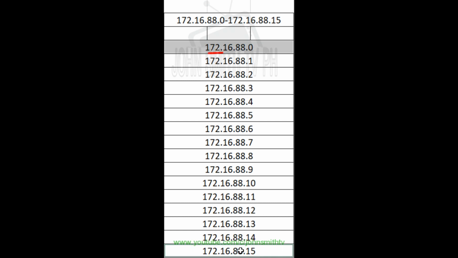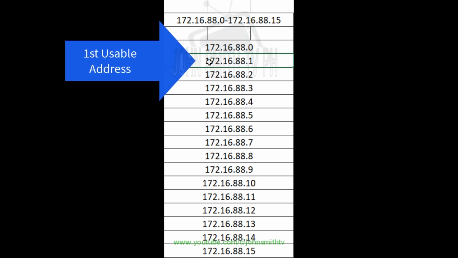Uulitin ko, yung network ID at broadcast address is not usable. Hindi pwedeng gamitin sa mga devices natin. So, ang tanong natin, what is the first usable address sa network natin? So, kung ito ang unang IP address natin is not usable, so punta tayo sa pangalawa, baka siya ay usable. So, this is usable IP address. So, kung ang tanong ay what is the first usable address, ito ang sagot,